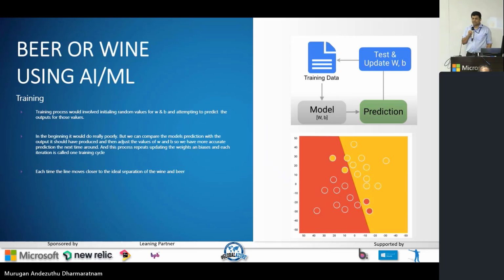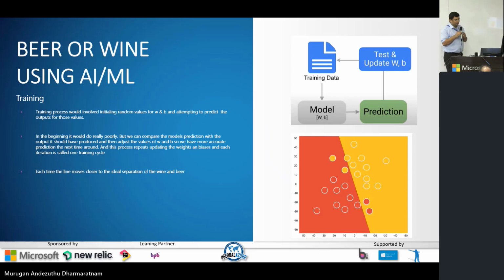You compare with actual values, which is the training data, and you keep tweaking this. Ideally, you can see the line would have been horizontal in this case. You keep shifting the line so that there is a clear separation. The whole idea is fine tuning the value of W and B, keep on modifying those two vectors, till you find a line that clearly separates wine and beer in this case.